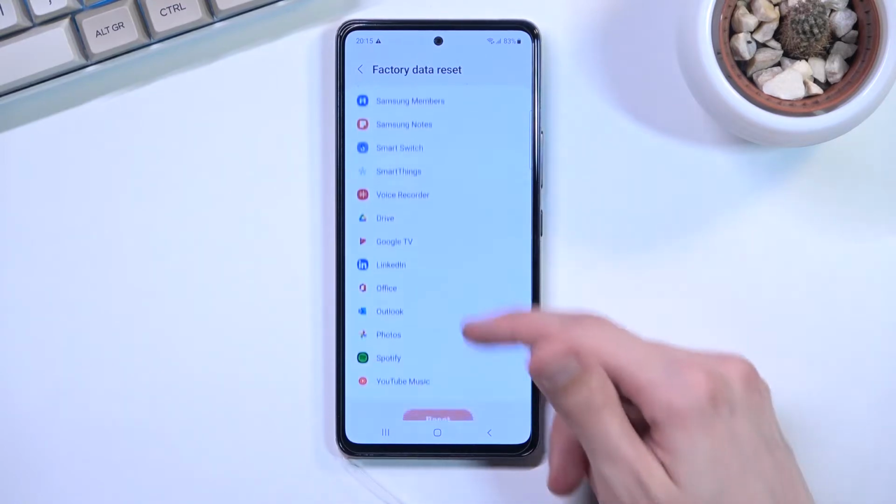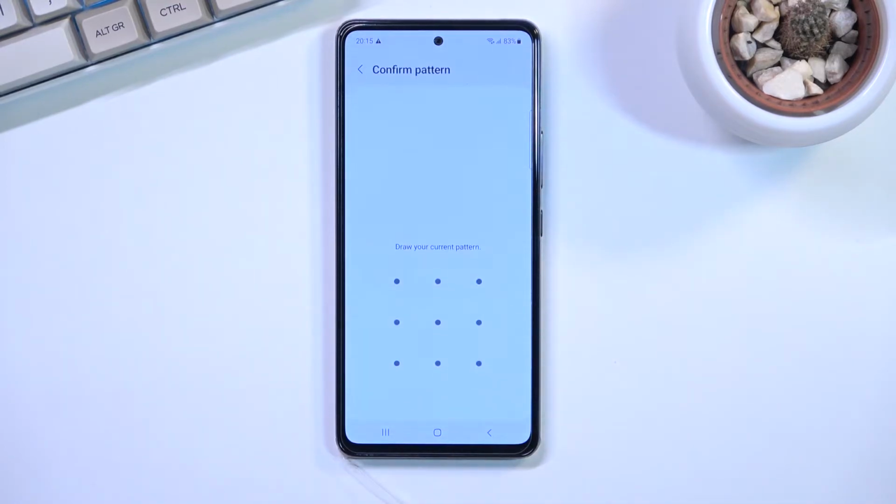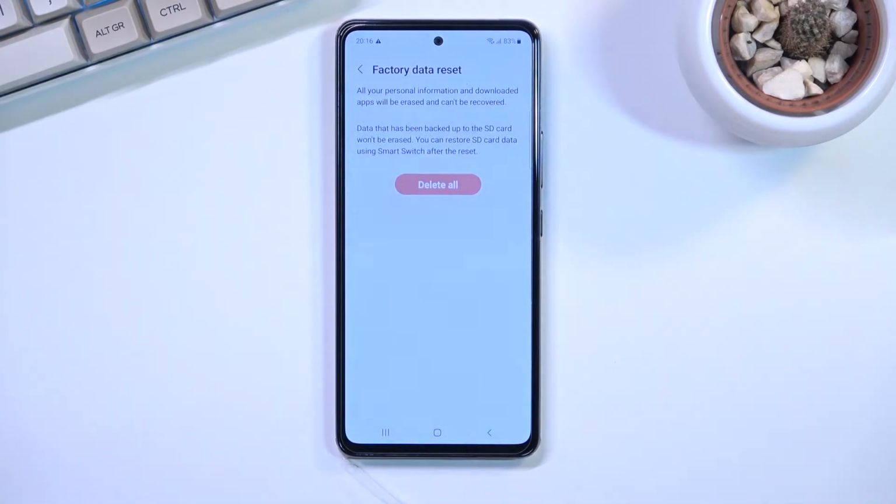So scroll down and select reset. This will ask you for your screen lock. So for me, it is a pattern. Once you confirm it, you can then select delete all, and this will now confront me with a Samsung account,